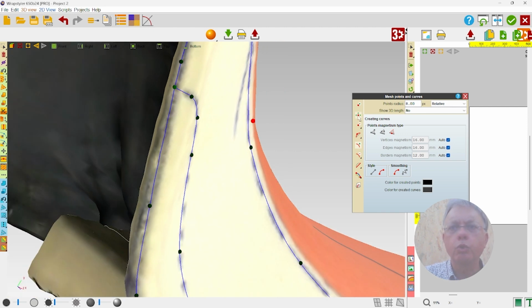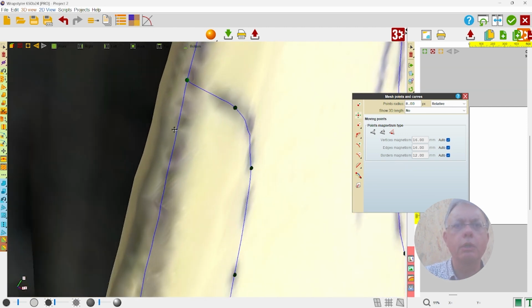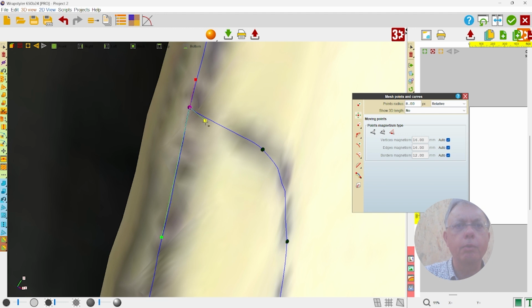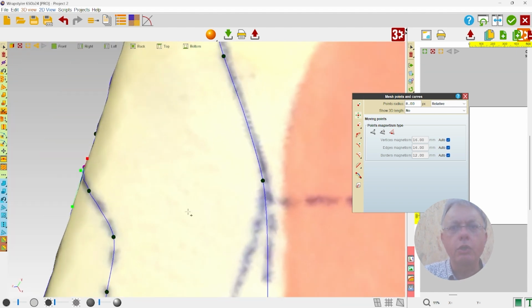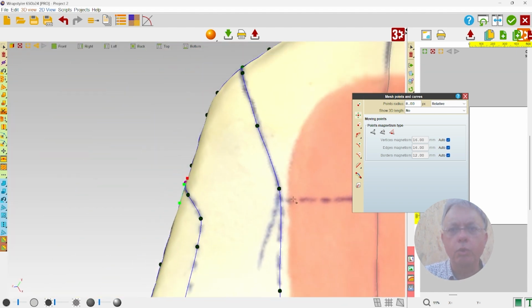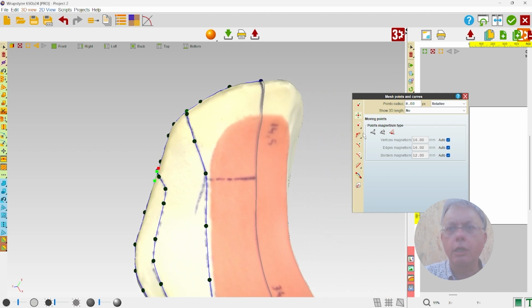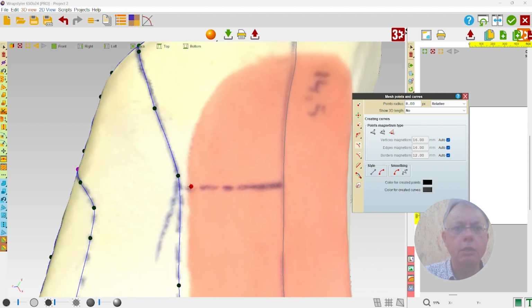In case you want to adjust the position and orientation of the line, no problem, there's a special feature. It's very easy to move a point or a line orientation. For example, I forgot this line, so I can now add this line too.